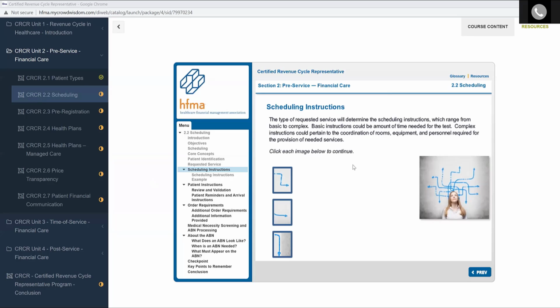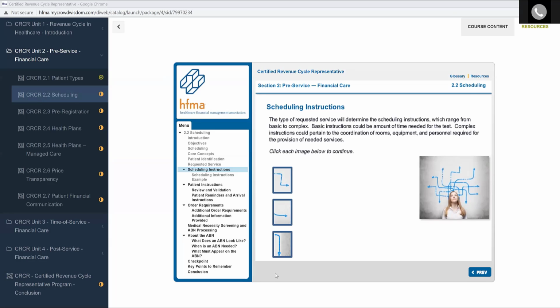Okay, all right. Last week we left off in section 2.2 under scheduling, and we're going to begin at the scheduling instructions. The type of requested service will determine the scheduling instructions, which range from basic to complex. Basic instructions could be how much time is needed, and complex instructions would pertain to the coordination of rooms, equipment, personnel required, etc. Now if we click each image,